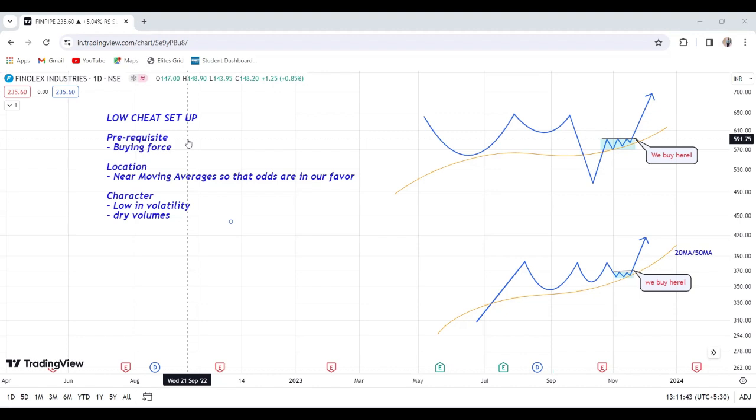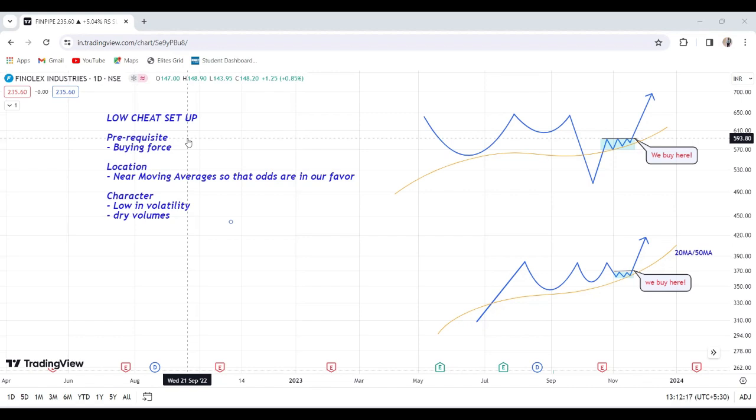Basically, we need to stack the odds in our favor so that the chances of winning the trade are more, and the equation of risk to reward is favorable. The first condition is the buying force. Now, if I am looking for an opportunity to trade, one thing I have to keep in my mind first and foremost is